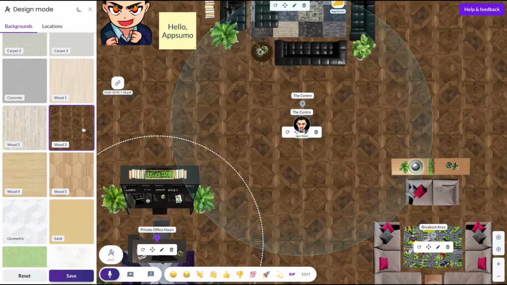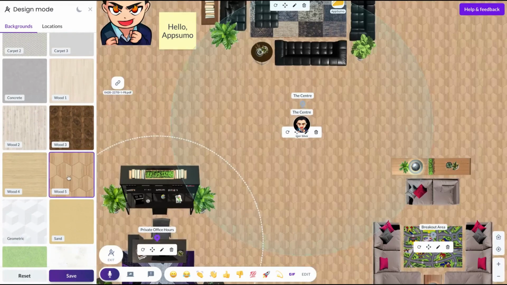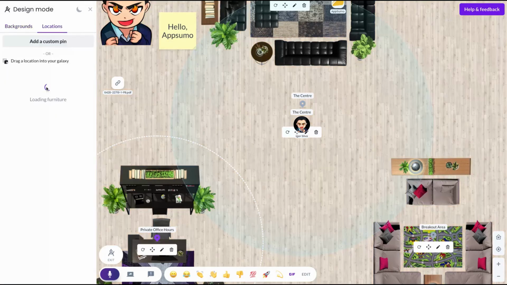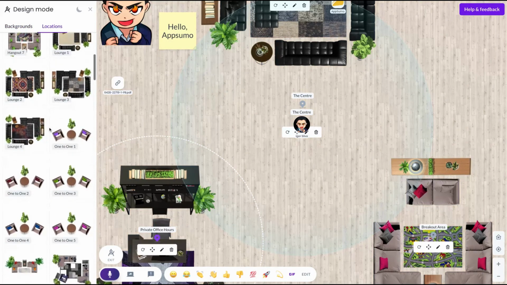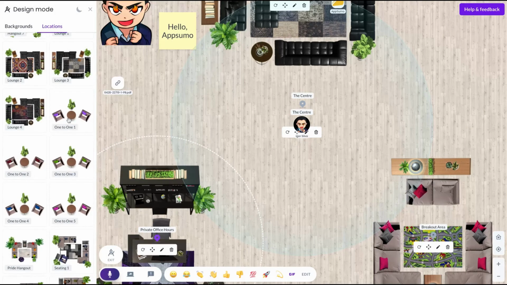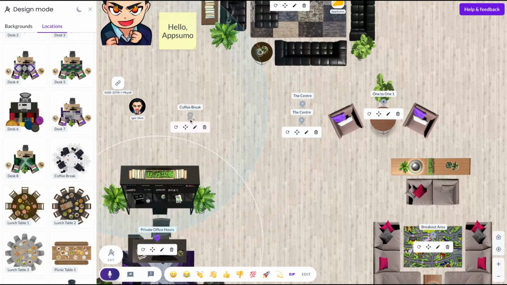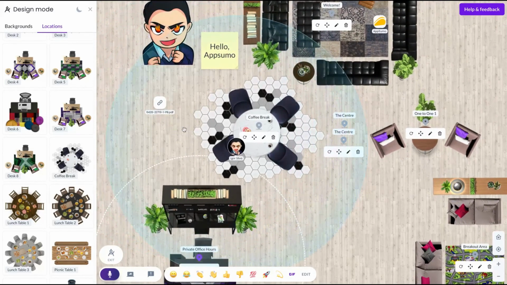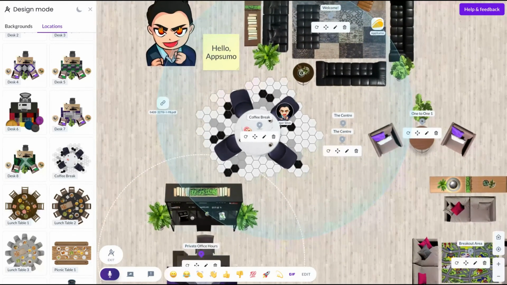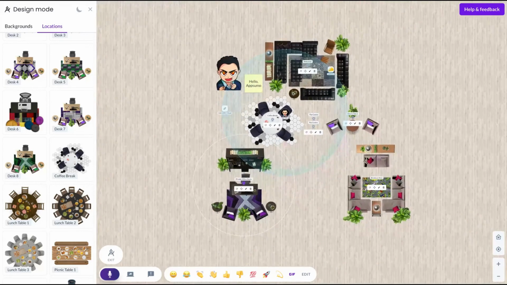You can change all the wood. It's like a video game. I really like that. And the locations, let's check it out. There are different locations. You can create scenes, like here, like a coffee break. So you start to create your Galaxy and create everything, and you can just sit here, okay, and start to do everything. I really like that. Really cool. Really, really, really cool.